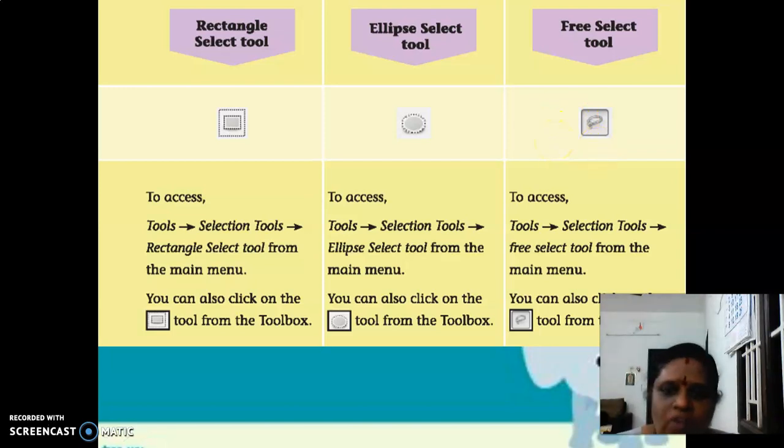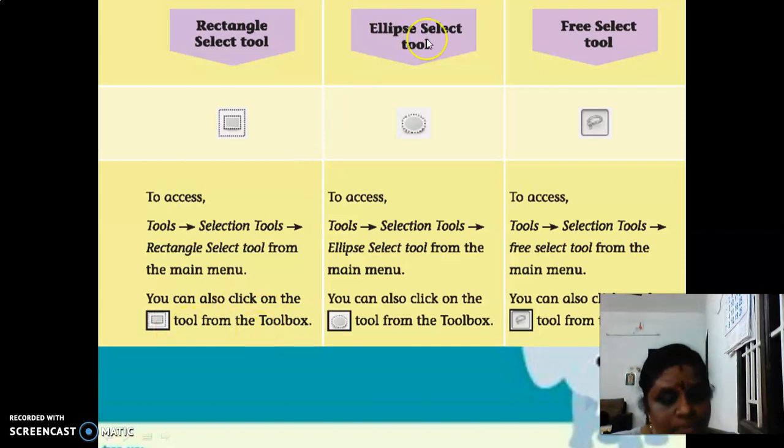According to the mouse pointer, the part of the image will be selected. To access the rectangle select tool, go to Tools, Selection Tools, Rectangle Select tool from the main menu. You can also click on the tool from the toolbox.